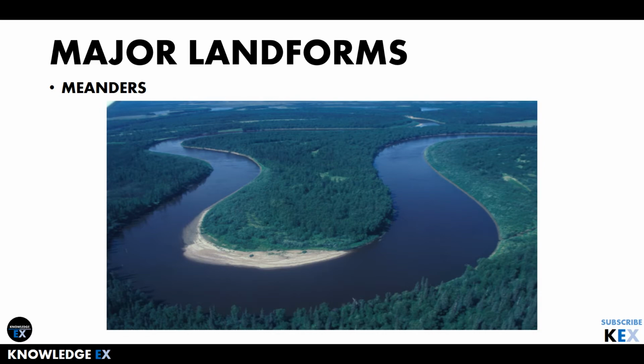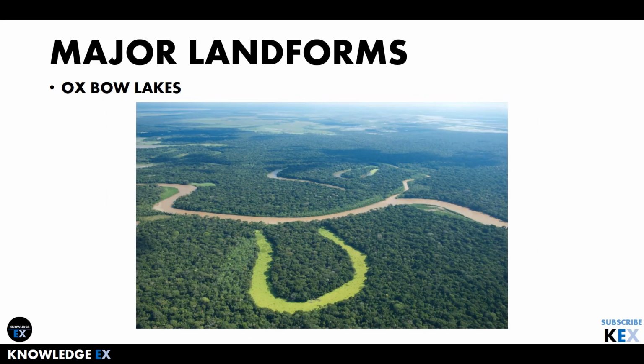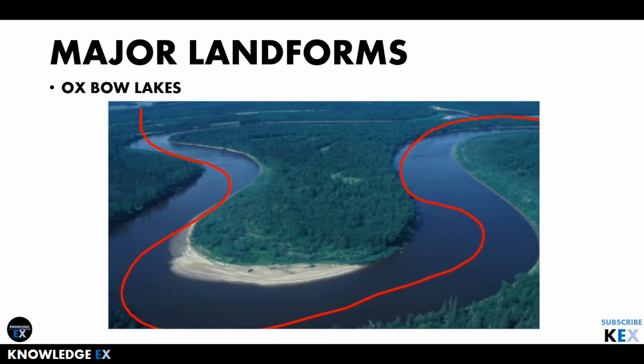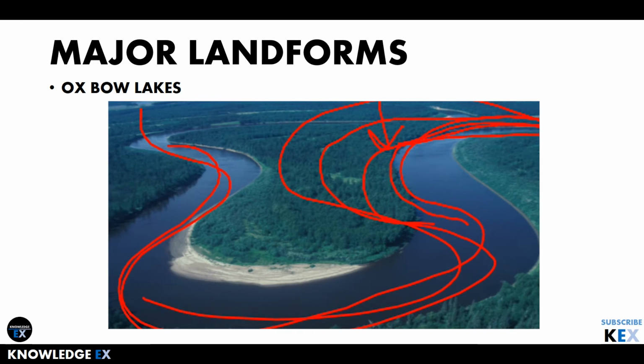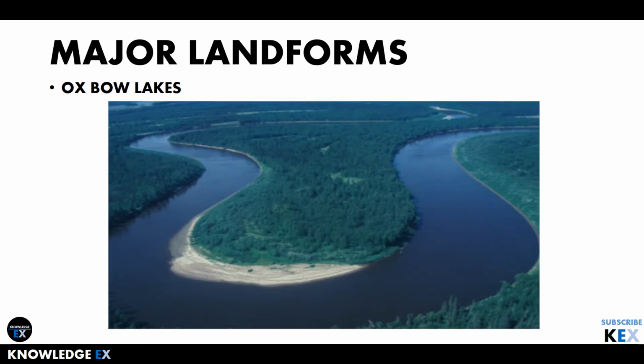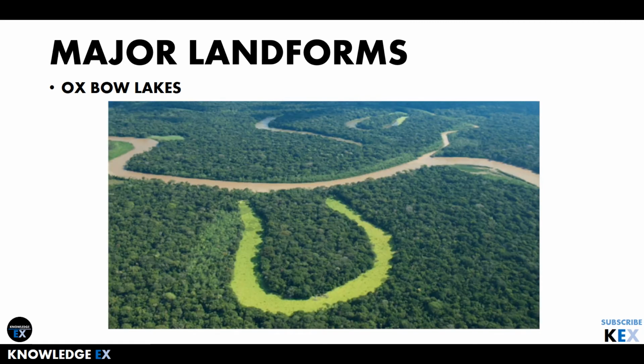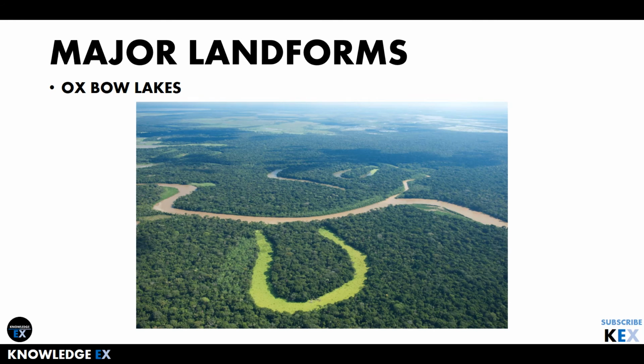Now, next one is the oxbow lake. I will show you how oxbow lakes are formed. So you can see this is the flow of the river, and the river is flowing this way. The flow of the river continuously strikes towards this place and it erodes the material continuously. This erosion will continue and the river structure will be like this. And one day the river will flow directly in this direction, straight. And this portion will be separated by the river. And that is how an oxbow lake is formed, as you can see in this next picture.